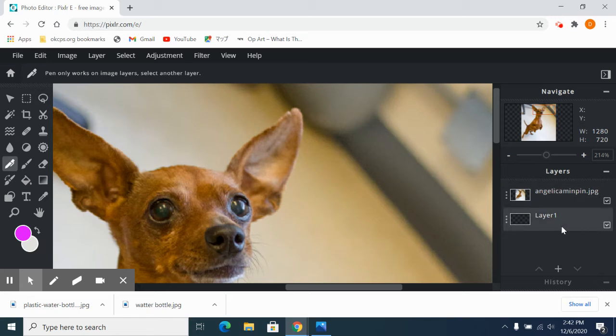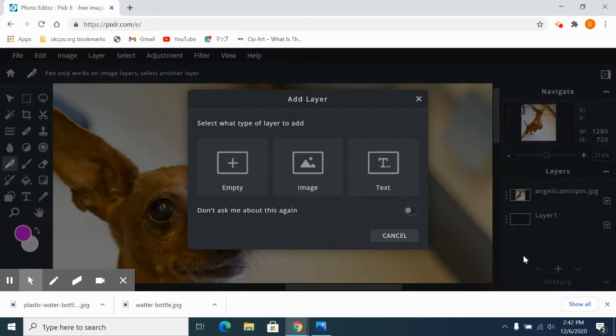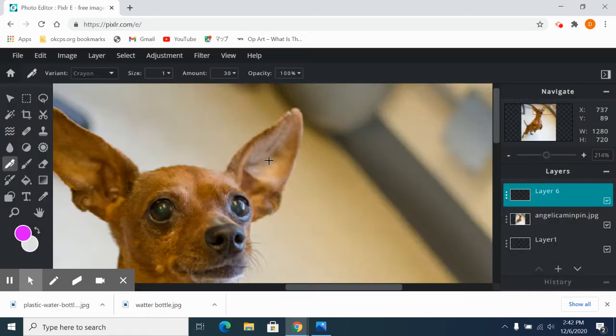Oh, yeah, don't forget. I almost forgot. Don't forget to add a layer. Right? Don't forget to add an empty layer above that. This is the layer that you want to use. You don't want to be on this layer. Okay. The reason why, if I do it on this layer,